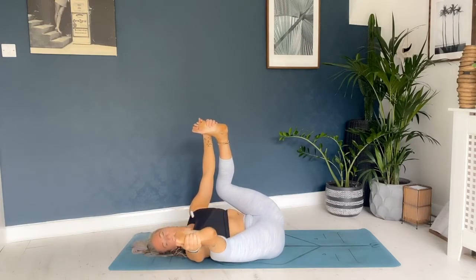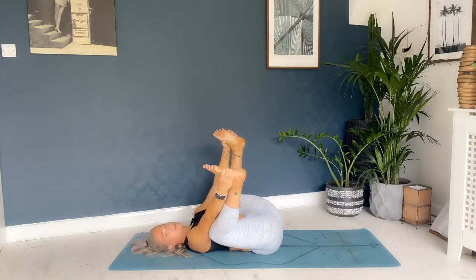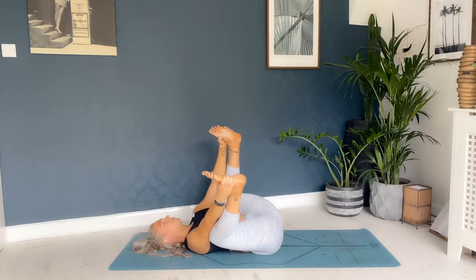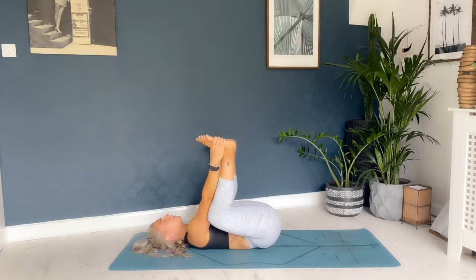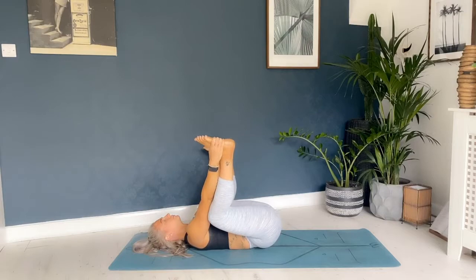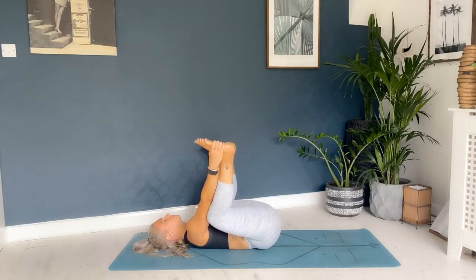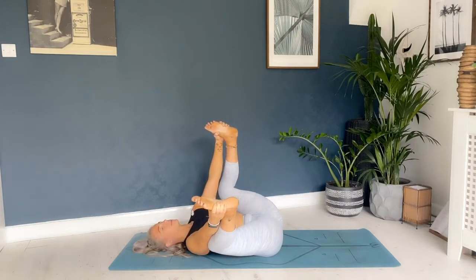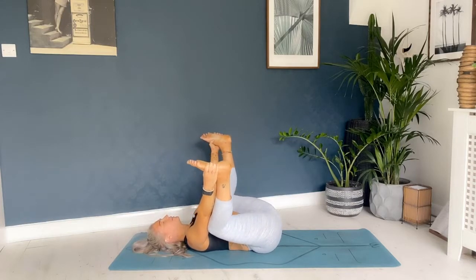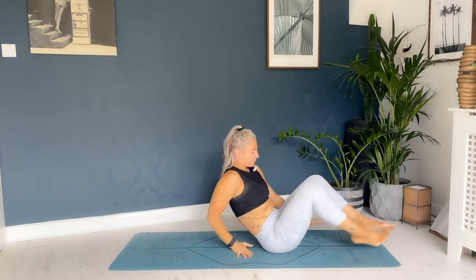So taking the hands to the outside of the feet, or taking a bind of the big toes with the first two fingers and the thumb. And just gently moving if that feels good from side to side. Pressing that lower back down. Come back to the breath. Staying here for as long as you want, for as long as you need, for as long as feels good. And then when you're ready, coming up into a comfortable seated position,